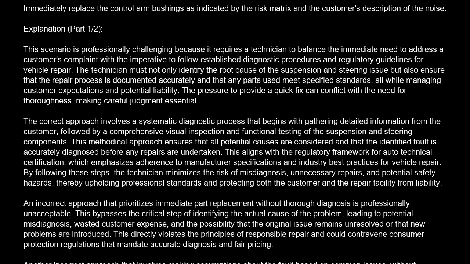This bypasses the critical step of identifying the actual cause of the problem, leading to potential misdiagnosis, wasted customer expense, and the possibility that the original issue remains unresolved or that new problems are introduced. This directly violates the principles of responsible repair and could contravene consumer protection regulations that mandate accurate diagnosis and fair